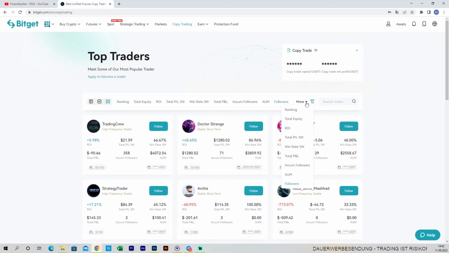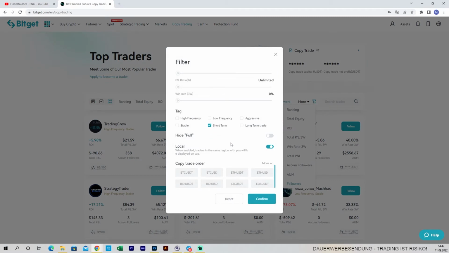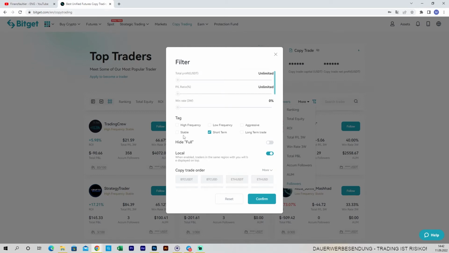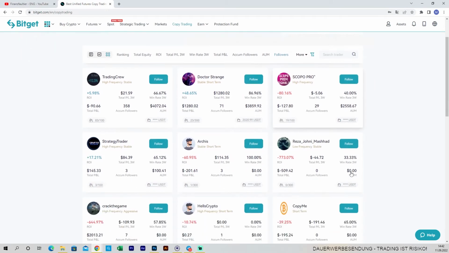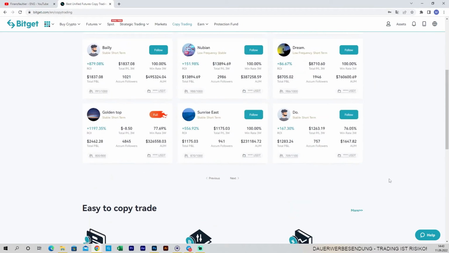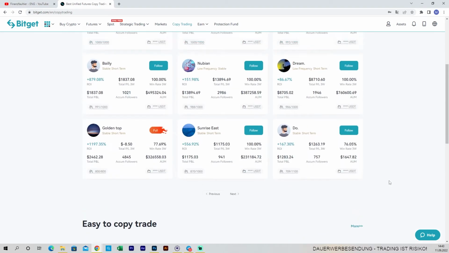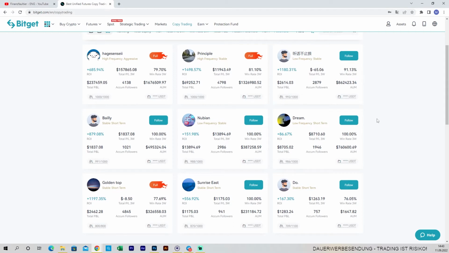So you can go up to the filters right here and check the followers, whatever you want. You can choose the trading pairs you want to trade with, the frequency, whether it's aggressive trading or whatever, and then the site shows you the right trader. I'm going for followers now, so let's check who has a good following. There are also star traders involved. You see it. Oh, okay, and here we have some, and this is what I want to show you.